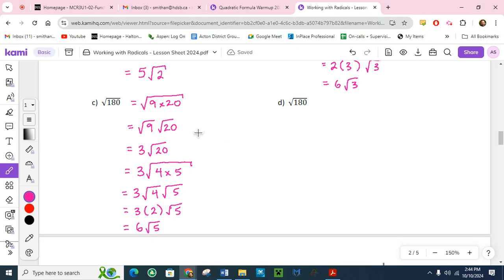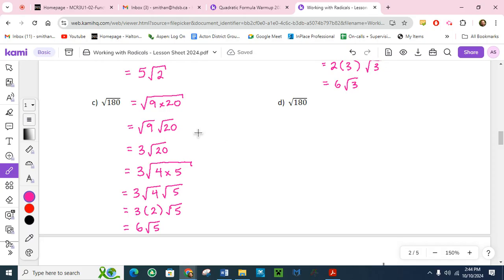Anybody find it yet? 180 divided by 16. Nope. 180 divided by 25. Nope. 180 divided by 36